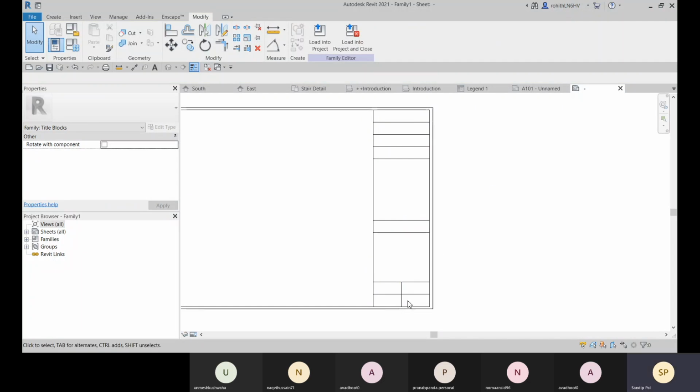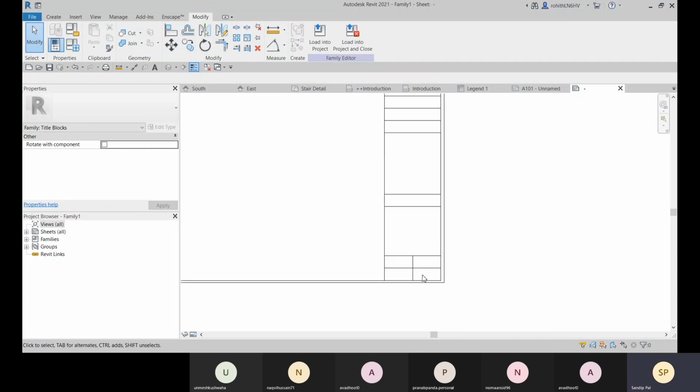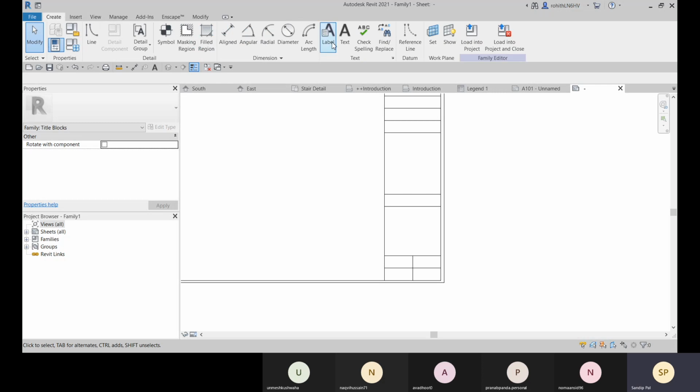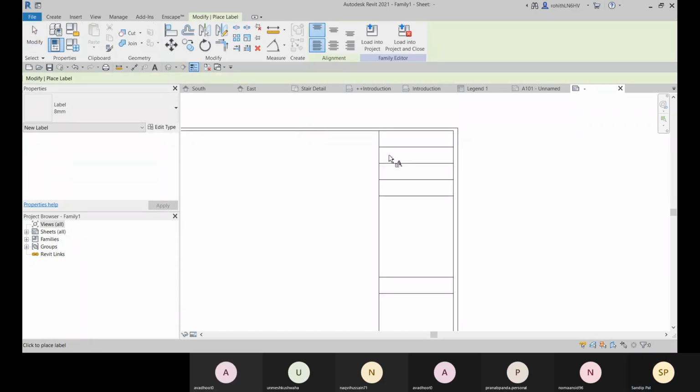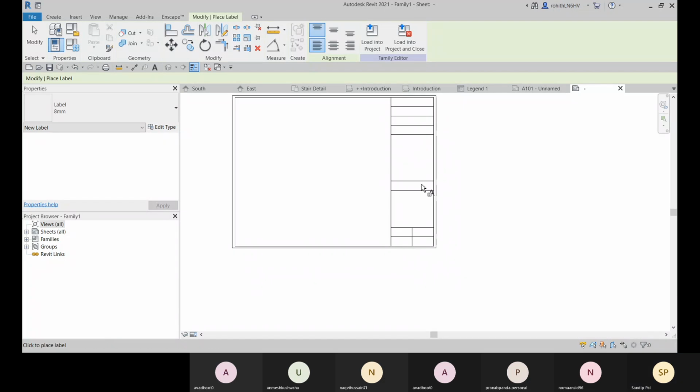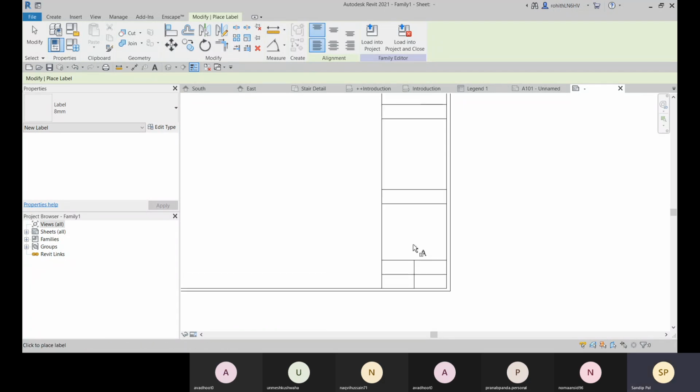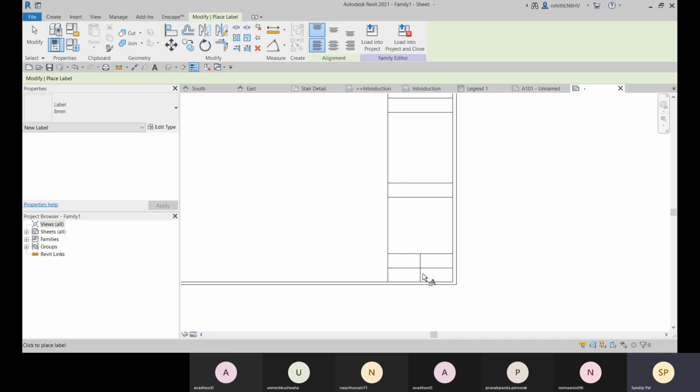All right. And now I hope you guys remember how we created the title block in AutoCAD. So in AutoCAD we had the attributes, right? Which will be the variable. So here we have the label, like attribute. So we'll provide labels for those values which will be variable. So I will not provide for all of this, I'll just quickly create it for a few here.